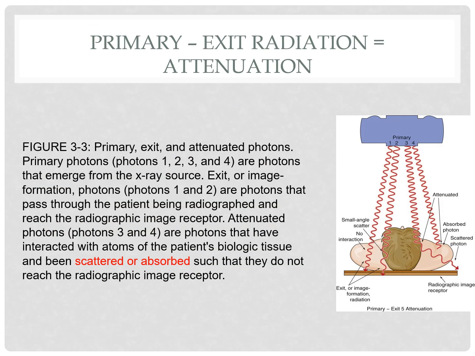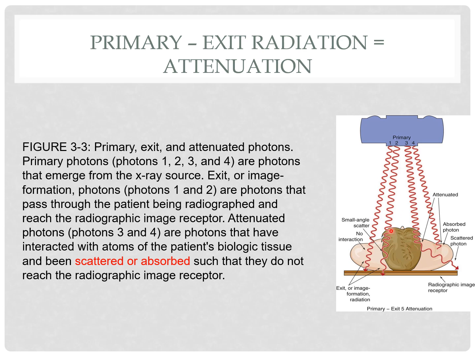Primary exit radiation attenuation. This figure shows the primary beam right up here. That's anything that comes out of the tube. It gets attenuated, meaning it does not hit the image receptor. It gets absorbed into the tissue or bounces away from the image receptor here. The primary beam comes out. Direct transmission goes right to the image receptor here. In this case, the difference between beam number 1 and beam number 2 is that there's small angle scatter at this one. So again, attenuation is where it's either scattered away or it's